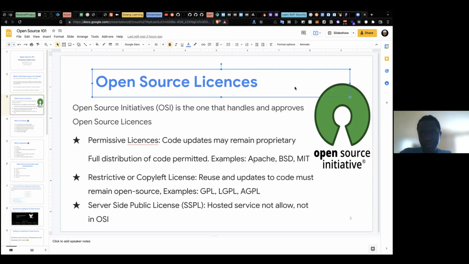Yes, open source licenses, we can categorize them into three. So we have the permissive license, that is you can make use of the code, remodify, reuse without